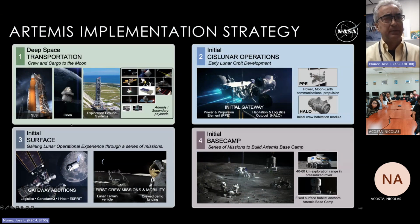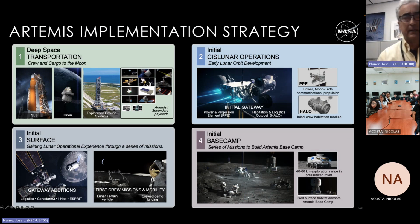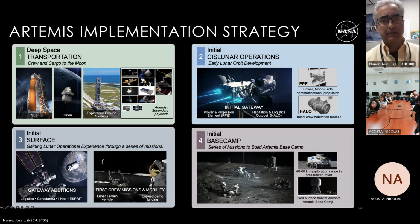So we'll talk about deep space exploration. We'll talk a little bit about this stuff. We'll talk about a space station that we're calling Gateway that'll be around the moon, in the orbit of the moon. Speaking of the colony on space,